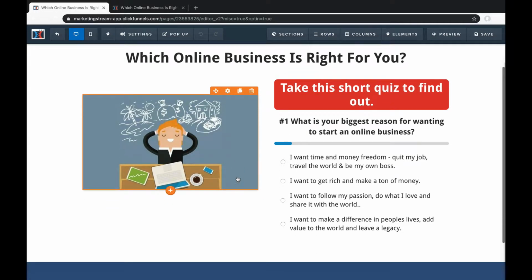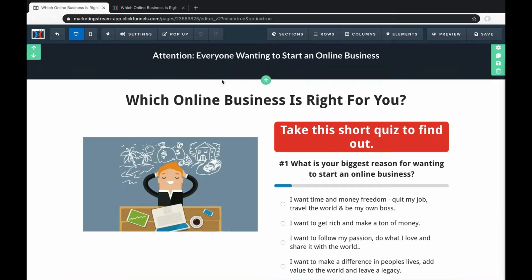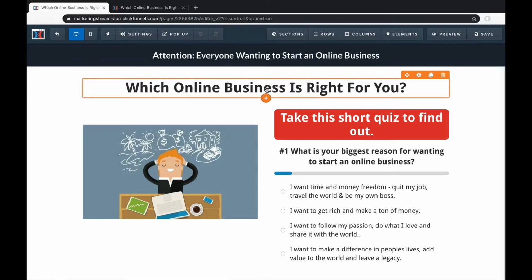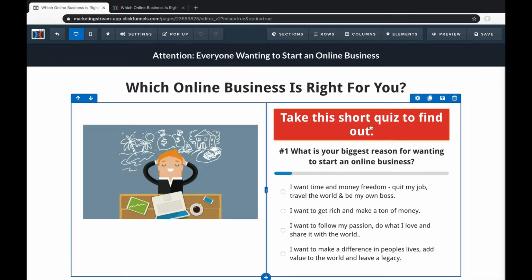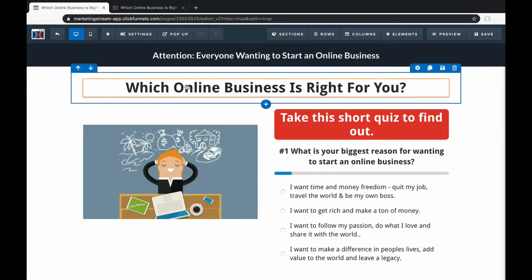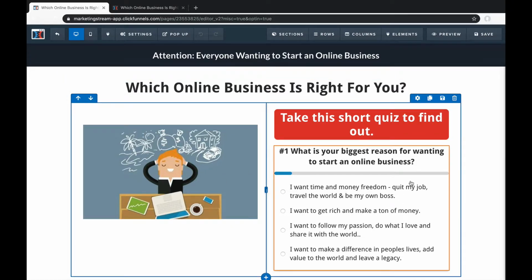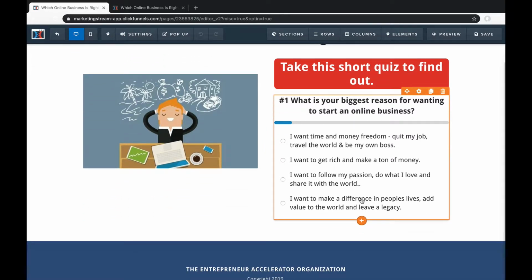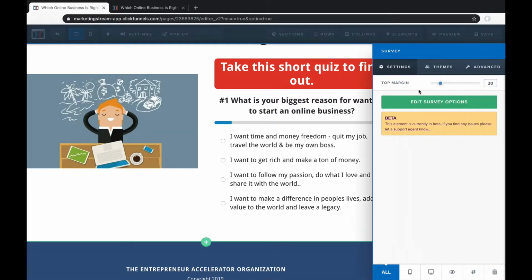So again, here's the page. As you can see in the editor, it looks very much like what is on the home page, except now we're in the editor where you can add and change things and move around. Most of these other components, the elements and the sections, all this stuff looks fairly familiar to most people if you're using ClickFunnels. But this is the one element here, which is the survey element, which you can get in the elements tree here. Again, the element is in beta, so they're still working through issues, I'm sure, but I haven't had any issues, so it seems to work.